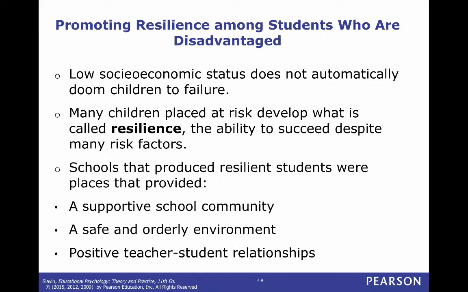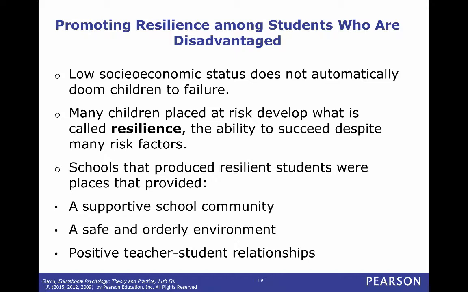Schools that provide for resilient children, or that are really supportive of resilient children, have a supportive school community. I think about Ron Clark Academy, and if you haven't seen it, look it up. Or if you haven't seen the Ron Clark movie, I strongly suggest you watch it. It's a great movie. He built this school in a really, really depressed area of Atlanta with really high socioeconomic income kids. But it's kind of like a lottery. It is a charter school, so it's like a lottery that you have to get into it.